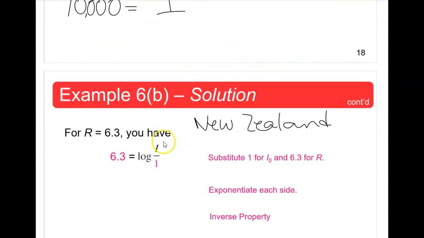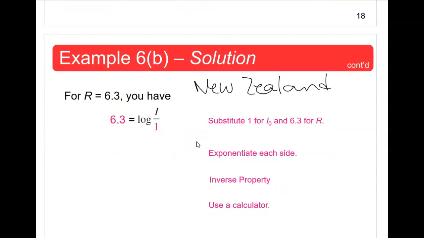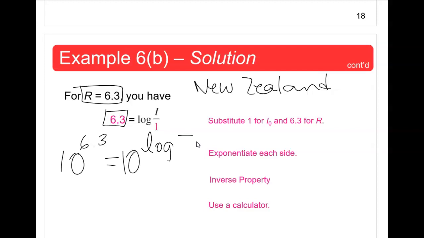Yes. So then we substitute the R with 6.3. We do the same thing. Exponentiate, so 10 to the power 6.3 is equal to 10 to the power log of I. And this is base 10, so that cancels out. So I is going to be equal to 10 to the power 6.3, which is approximately